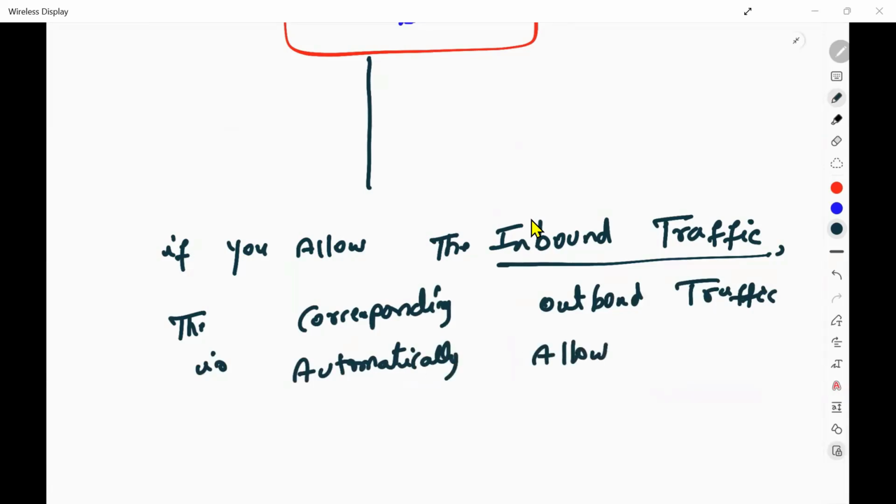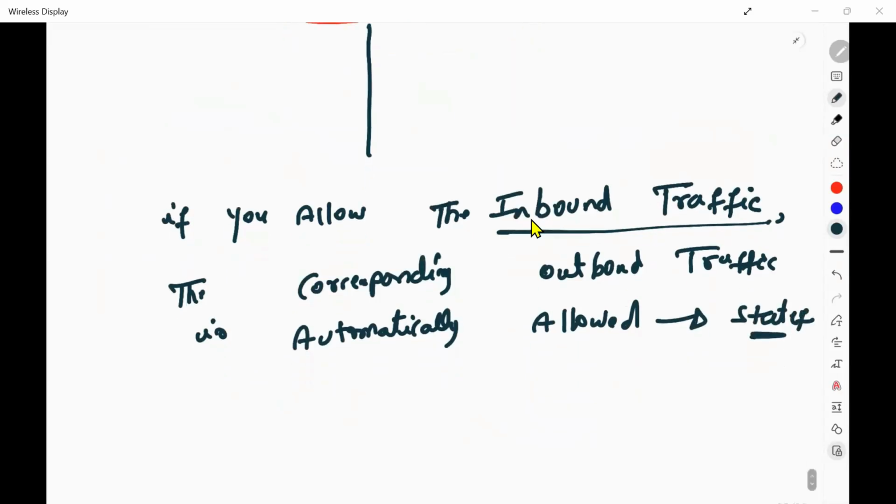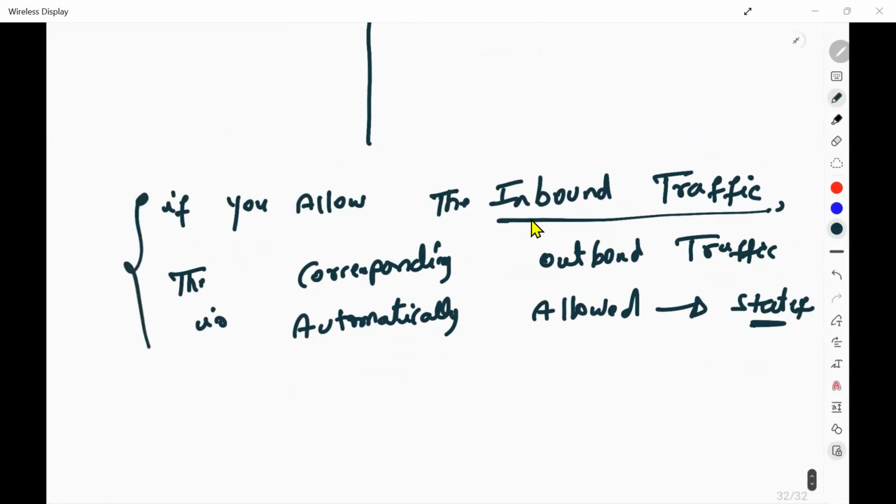Note down these points so you can create notes out of it. What do you mean by that? We call this a stateful firewall. Sir, can anyone unmute yourself and tell me the meaning of the statement? If you allow the inbound traffic, the corresponding outbound traffic is automatically allowed.